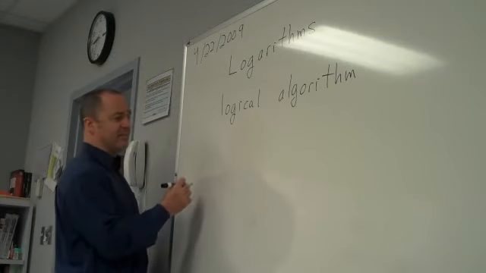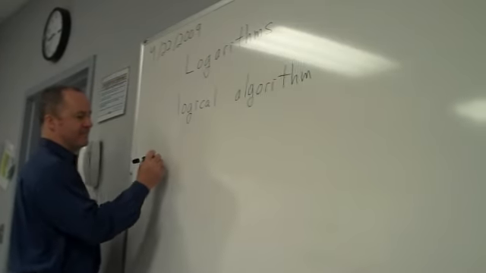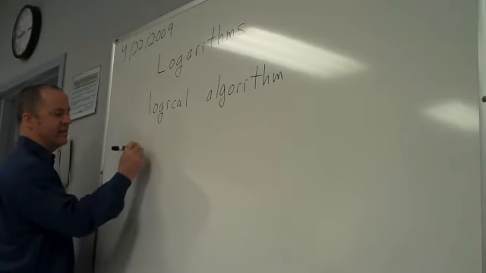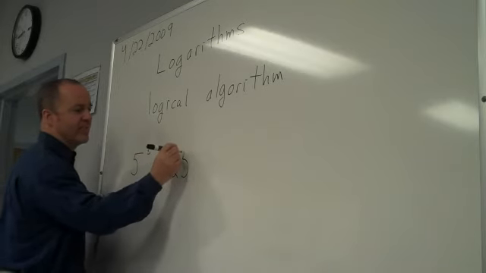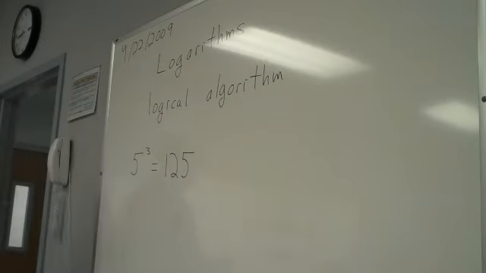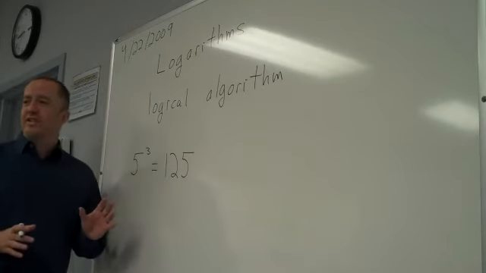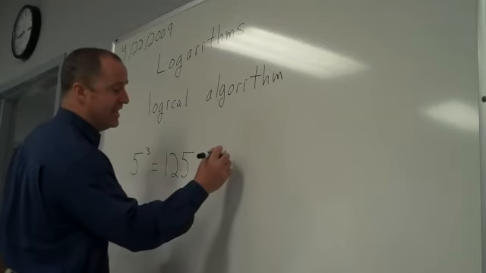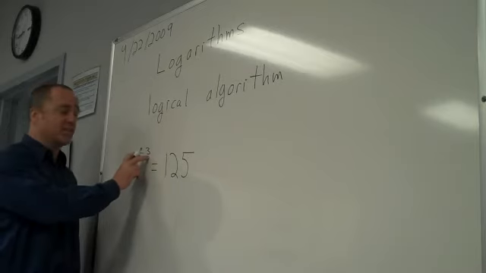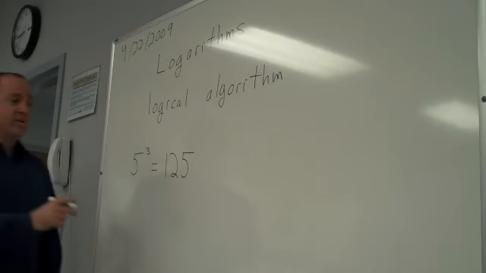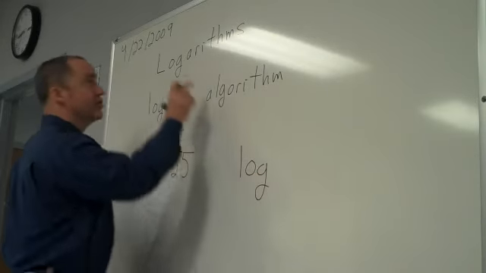But just to get used to manipulating them, if I have a statement 5 cubed equals 125, the notation Napier came up with to support his logarithms, he rearranged this. He didn't want the answer to be what you got when you raise something to the power. He wanted the answer to be the exponent. So when you rearrange this, he wrote it as log, short for logarithm,